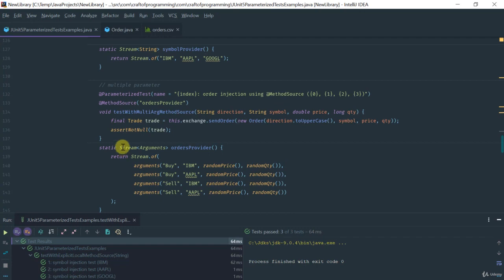So what you would do is use a collection of arguments, and this is either an actual Java collection, or a stream, or an array of arguments objects. In this particular case, I am passing in a list of parameters from which I'm going to construct an order object to send to my exchange,